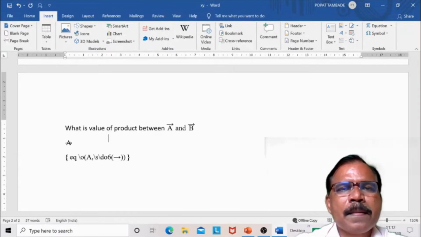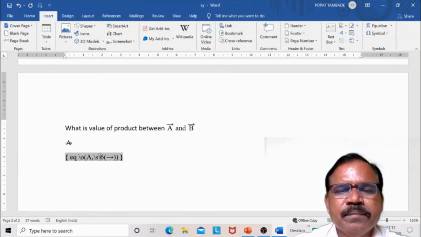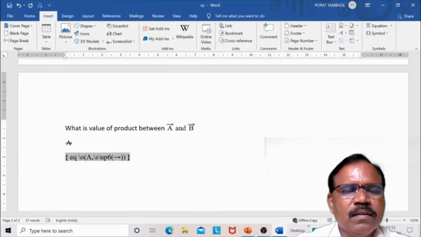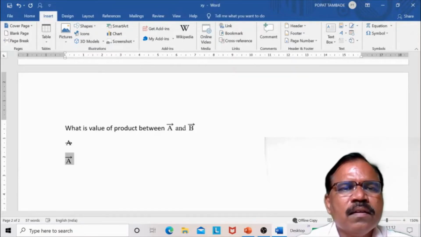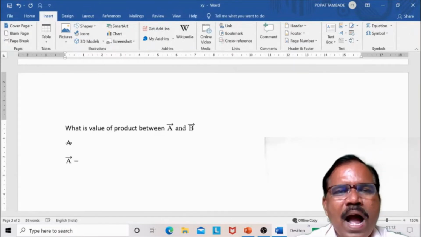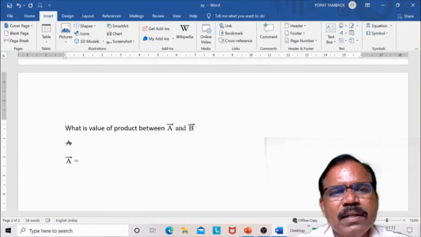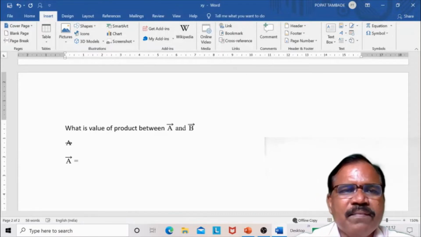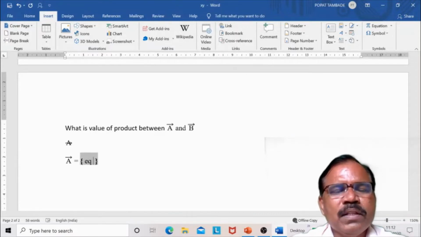Now, using the same function, I will take up, Shift F9. So here, suppose I want to write A is equal to IAX plus JAY plus KAZ, then how can I write it? Simply, A vector is equal to Control F9, open a field again, EQ, now IAX.